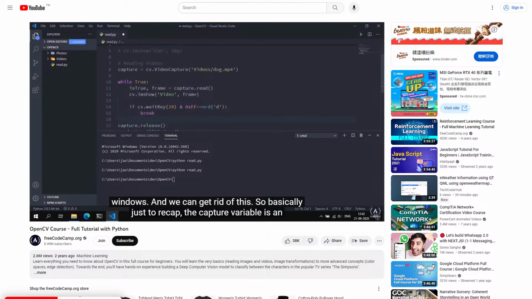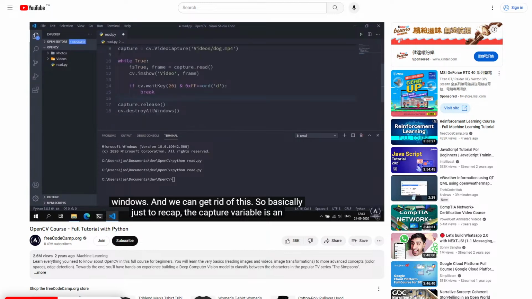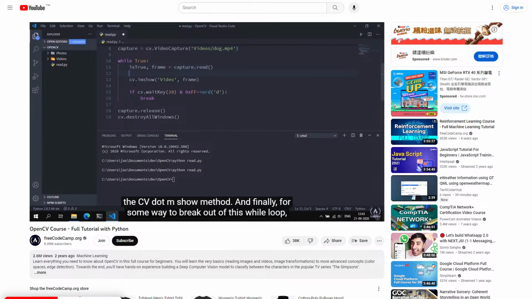So basically, just to recap, the capture variable is an instance of this video capture class. Inside of the while loop, we grab the video frame by frame by utilizing the capture.read method. We display each frame of the video by using the cv.imshow method. And finally, for some way to break out of this while loop, we say if cv.waitKey(20)